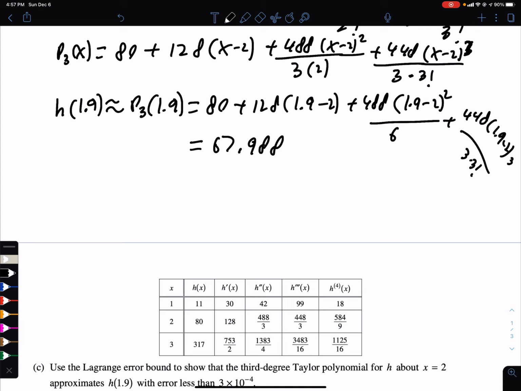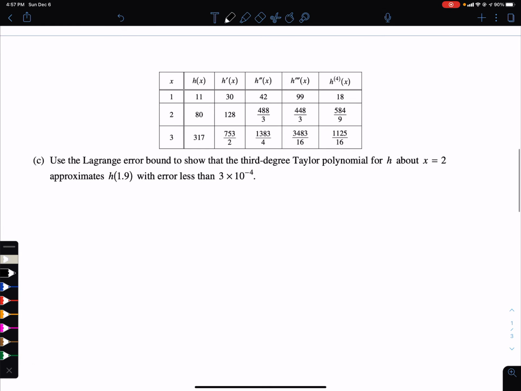All right, so we're going to do part C. Use Lagrange error bound to show that the third degree Taylor polynomial for h about x equals 2 approximates h at 1.9 with the error less than 3 times 10 to the negative 4. So Lagrange